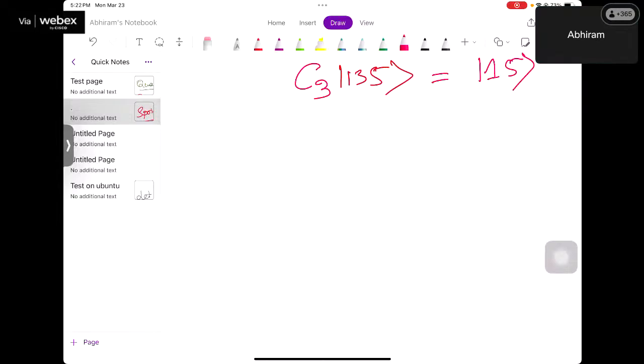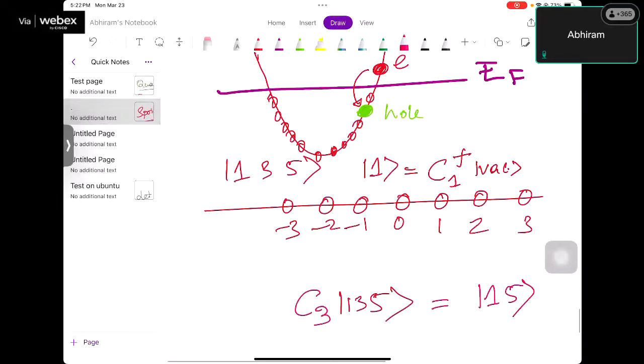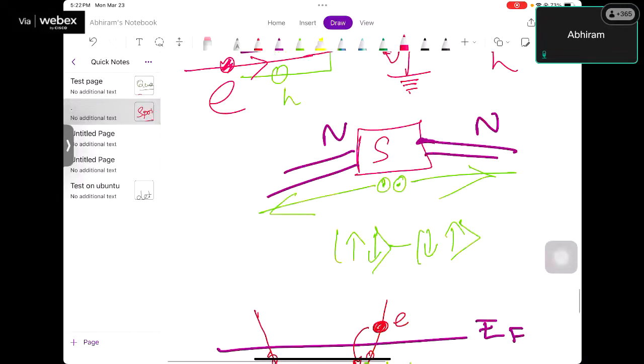So let me draw the picture, or I have the picture somewhere here. Yeah, so look at this picture here. There are two normal metals attached to a superconductor, right? Now let me send an electron. Let me tell you what is cross-Andreev reflection. So cross-Andreev reflection is you take an electron, you send an electron from a normal metal, and